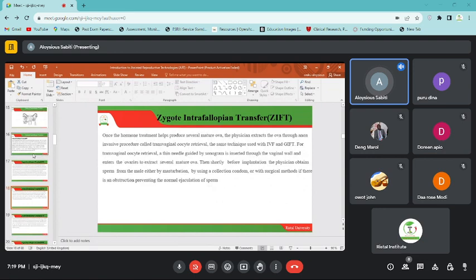Once the hormone treatment helps produce several mature ova, the physician extracts the ova through